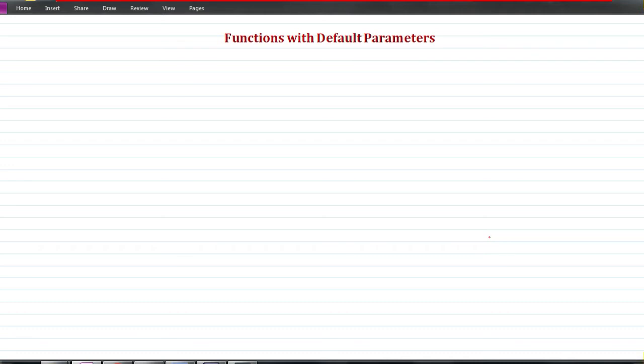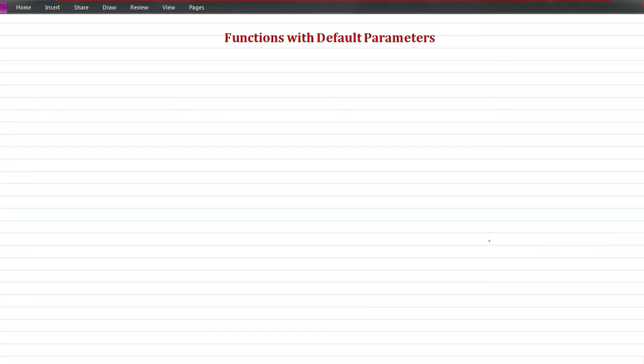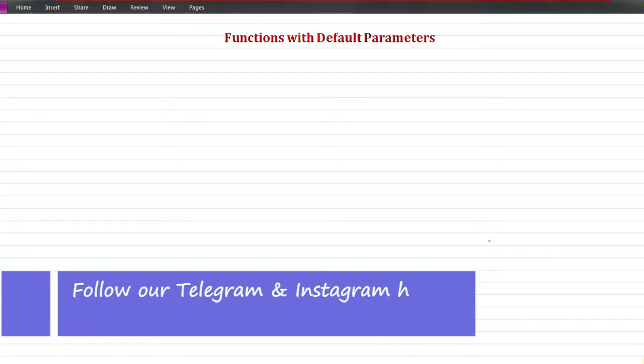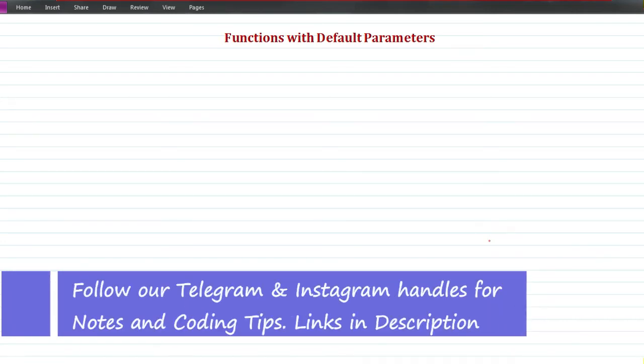output. For example, in the video that I have explained earlier, we have tried to calculate area of some geometrical shapes. Based on the number of parameters that we pass, different geometrical shapes areas we can get. So that is an example of function overloading, where we have different calculations to be done, and for that we will write different functions. Here in functions with default parameters, we will write one function only, but every time we don't have to pass values for all the parameters.